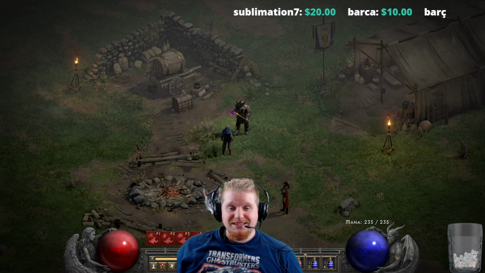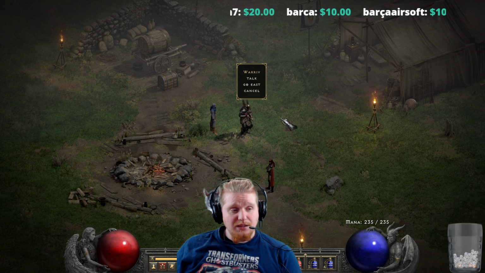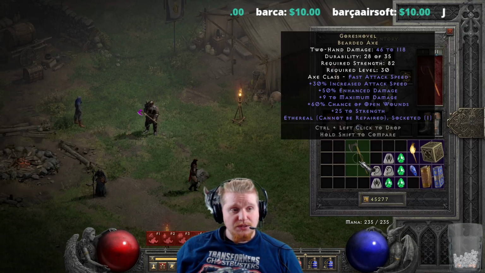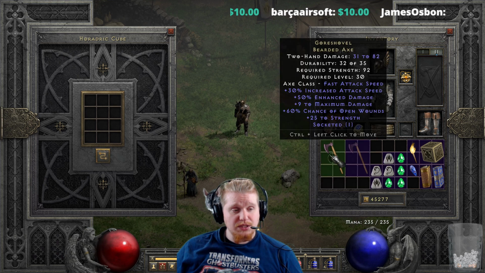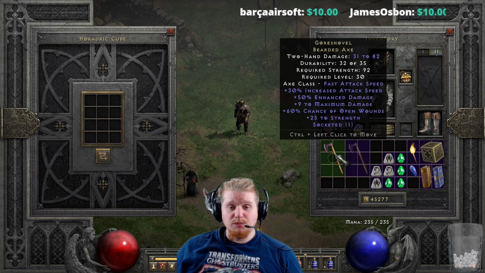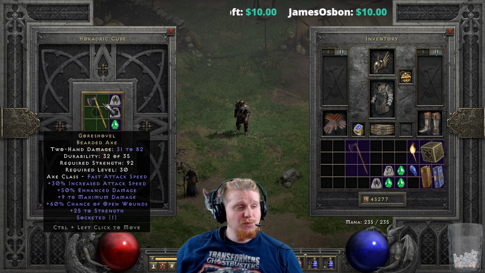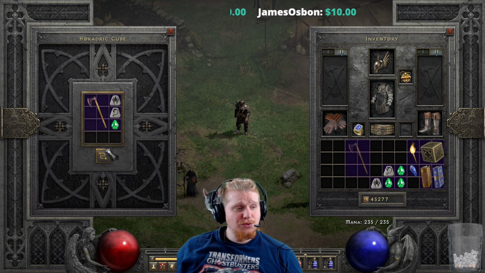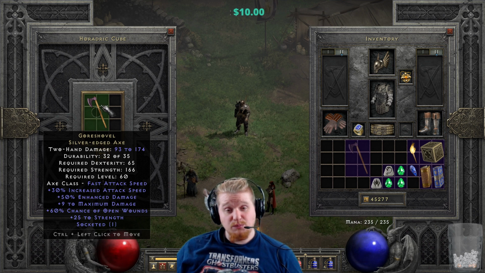So, it's an interesting graphic. Now, we can upgrade this one more time. Yeah, we can upgrade this one more time. I don't believe it's going to be a good upgrade to Tier 3, but let's do it anyway, for science. So 31 to 82, 92 strength, level 30, to 93 to 174, 65 dexterity, 166 strength, that's pretty high,